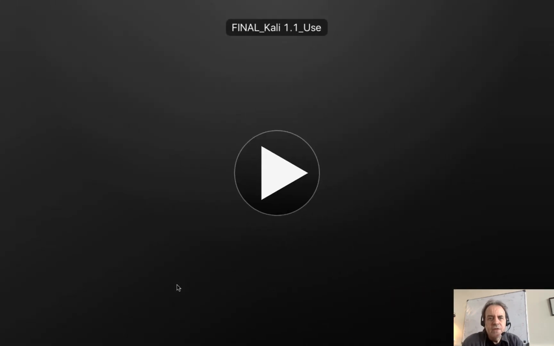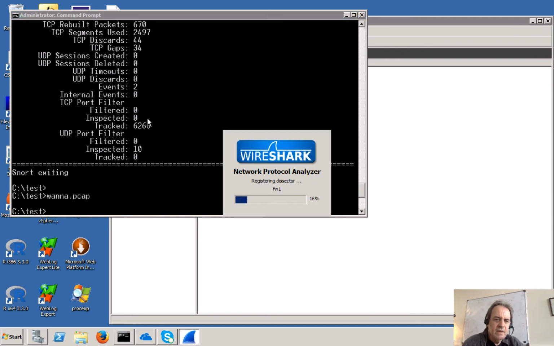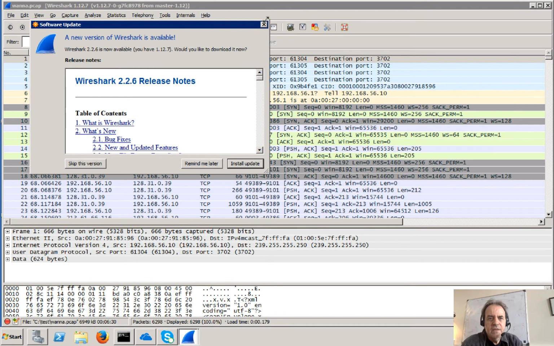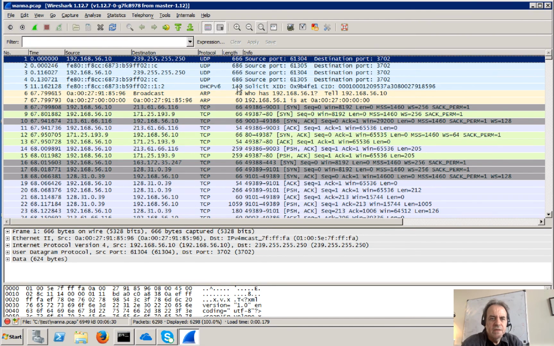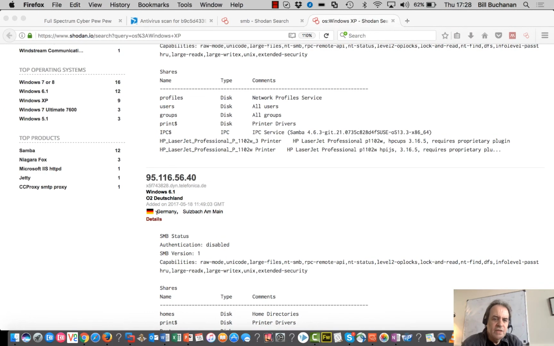So if we want to look at the actual traffic that it causes, we can take our PCAP file, and one thing we can see is that it contacts a certain number of IP addresses.